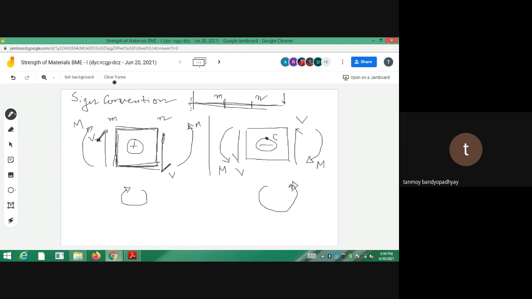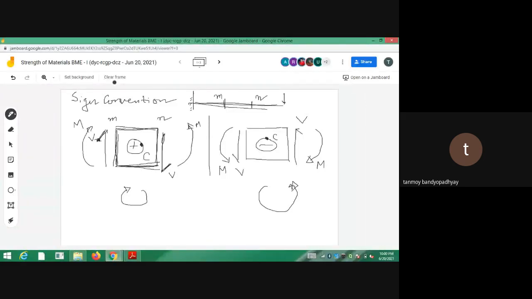And for this one, if this is the center of the element, these shear forces V and V are trying to rotate the element in the clockwise direction. So this set of shear forces we will call positive shear forces, and this set we will call negative shear forces. Note that the elements are in equilibrium, so I have drawn the equilibrium of those elements. Whenever the element has V upwards on the left side and downwards V on the right side, I will call that a positive shear force. And whenever the V is downward on the left side and upward on the right side, I will have a negative shear force.